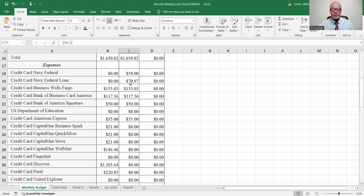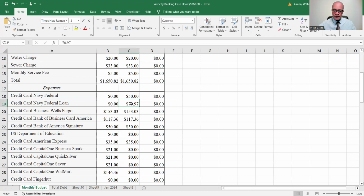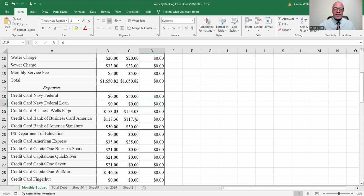Now, I did get a pledge loan from Navy Federal, and the pledge loan is me putting up my own money into an account, and then they provide me with a loan that I can use. The loan that I have now is a 5-year term, $70 a month, beginning in March, not February. I have that at 2.25, and I'm looking at a way of using that currently to also reduce my